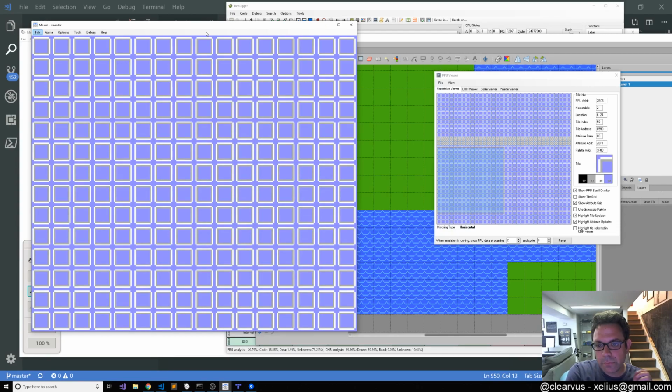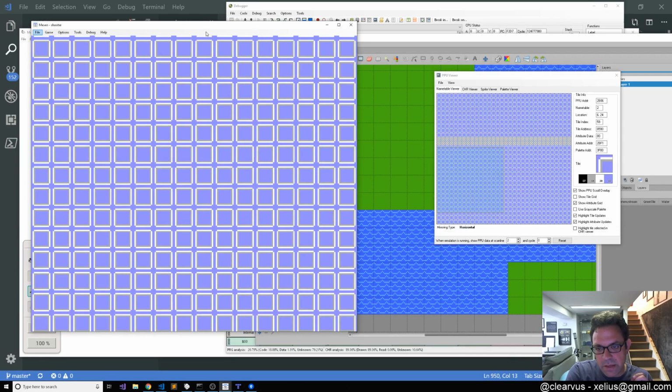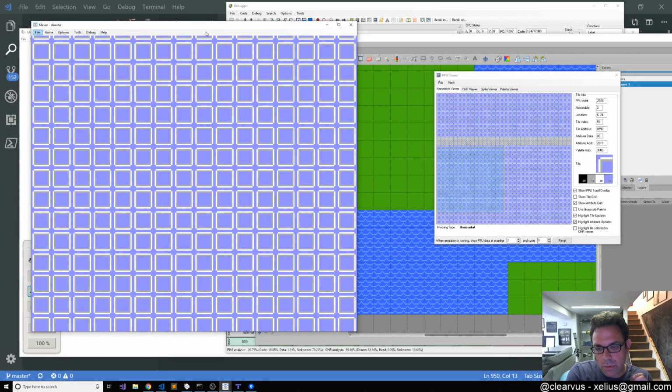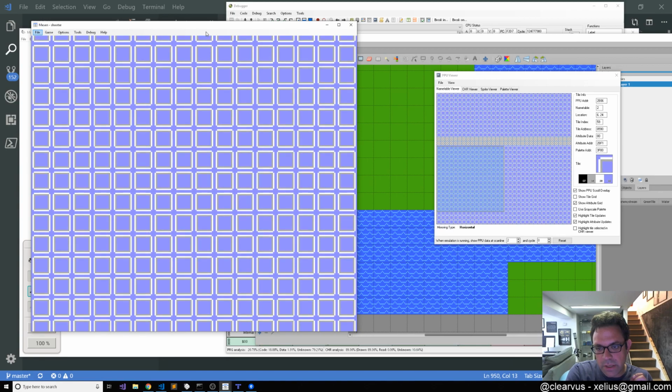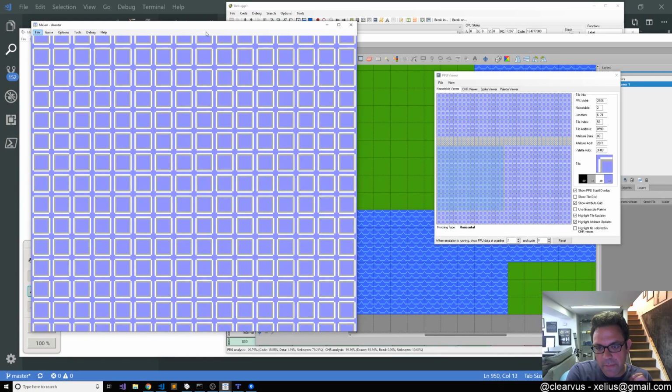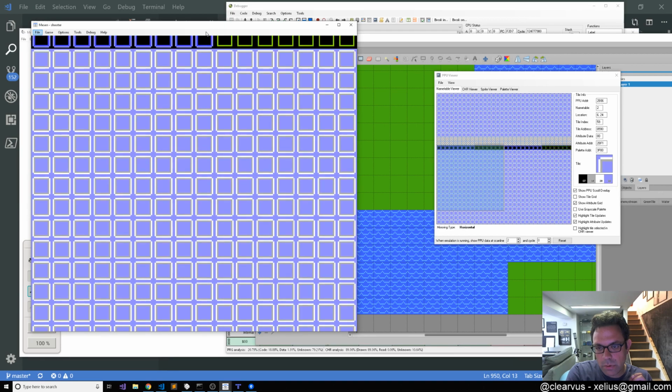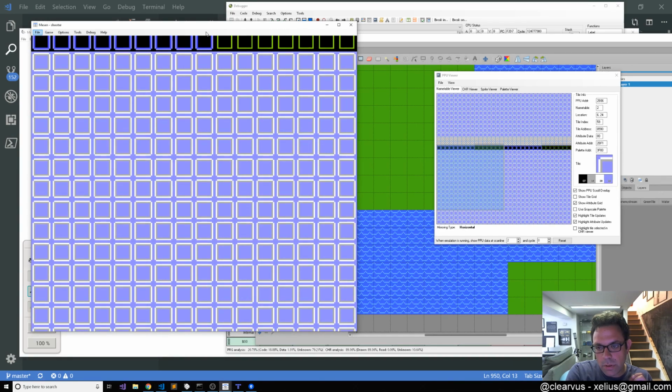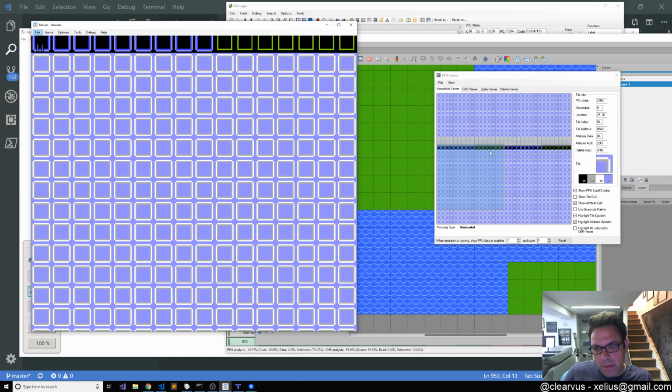Let's see. So we got that's the last repeat row. And the next thing we're doing is we're going to draw the map row. Okay. So we drew the map row, but then we updated the wrong attribute row. The attribute row that it should be updating,